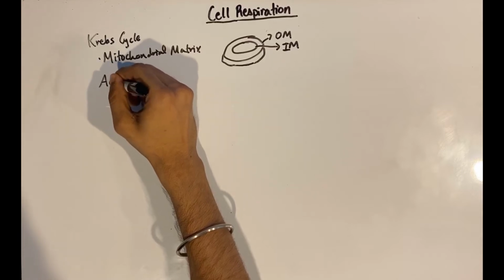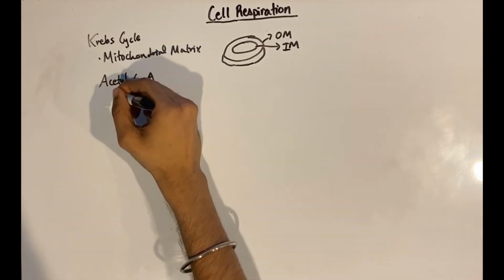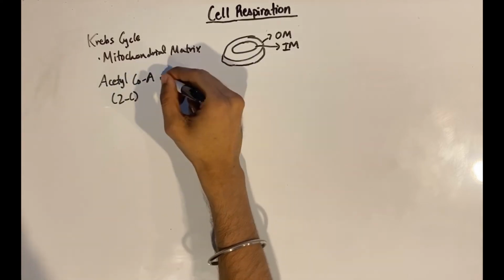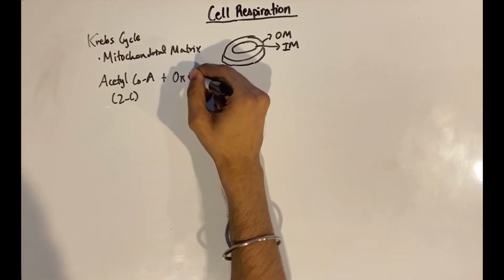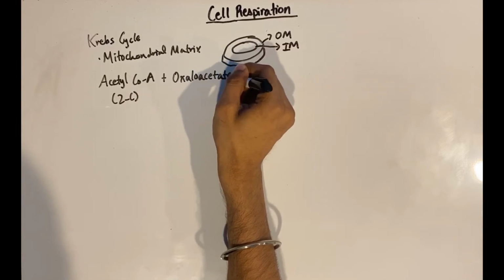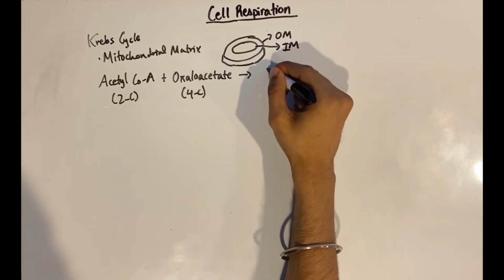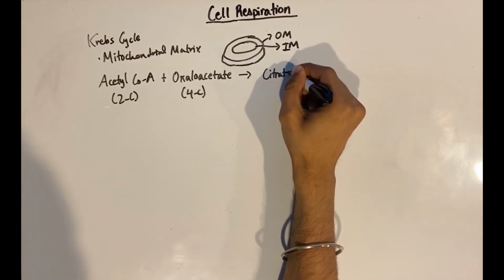Then you have acetyl-CoA, acetyl coenzyme A, which is our 2-carbon molecule. It attaches to oxaloacetate, also known as oxaloacetic acid, which is our 4-carbon molecule, and it forms citrate, which is